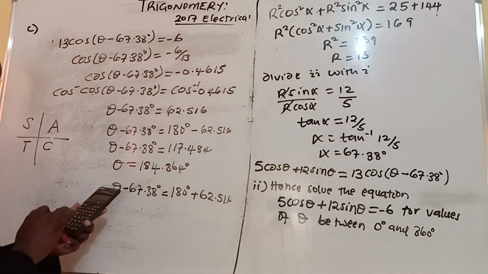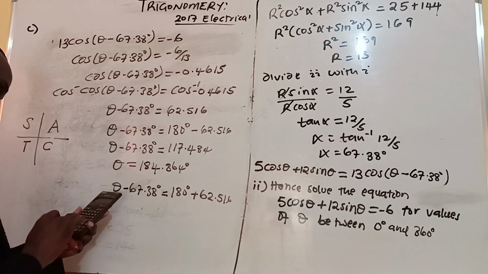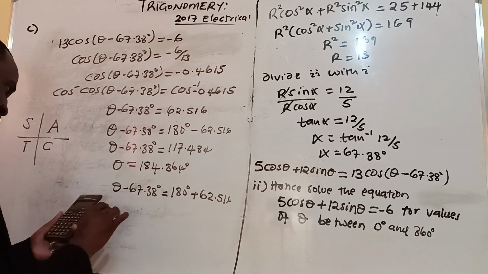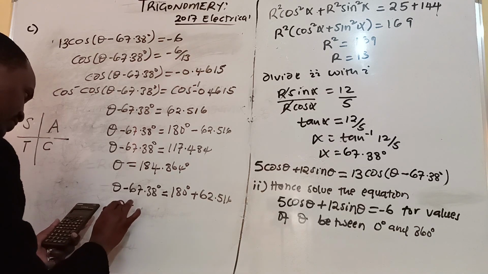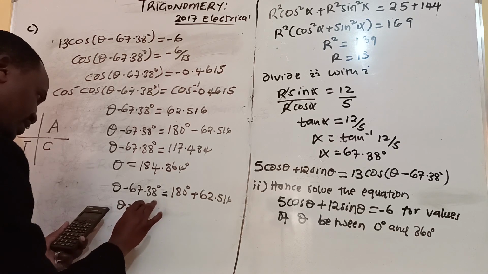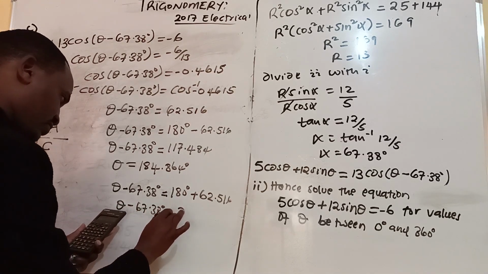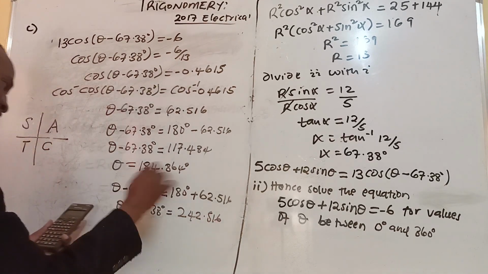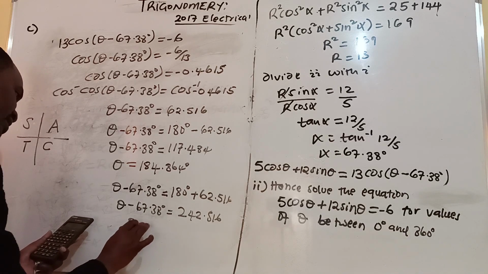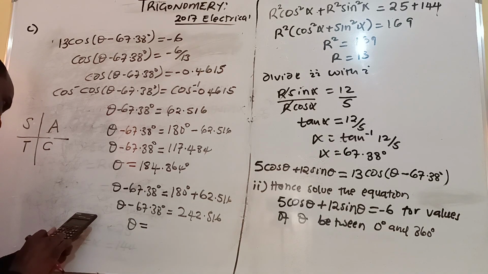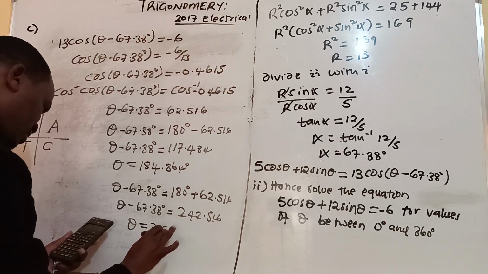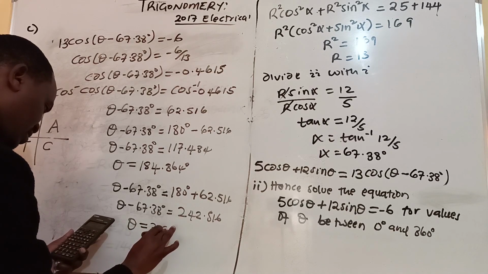So it will be 180 plus 62.516, which is 242.516. So take 67.38 on the other side. Theta will be equal to 242.516 plus 67.38, which is equal to 309.896